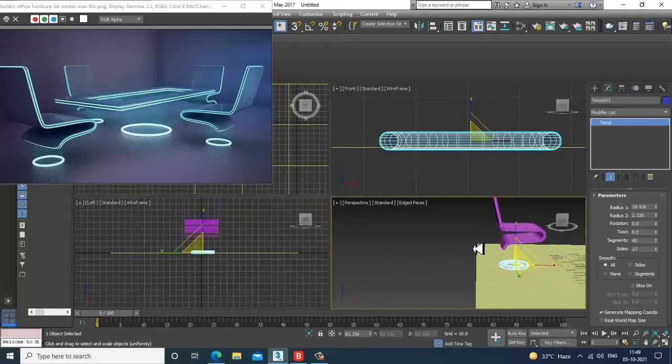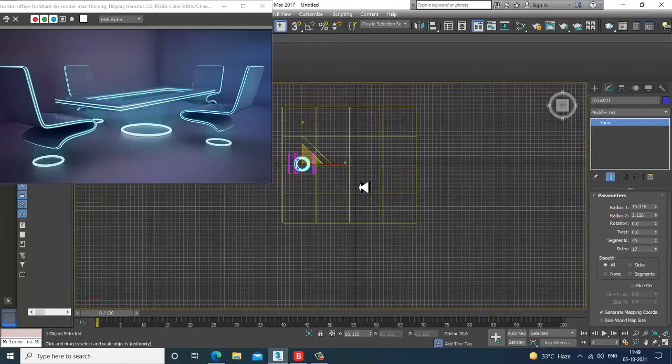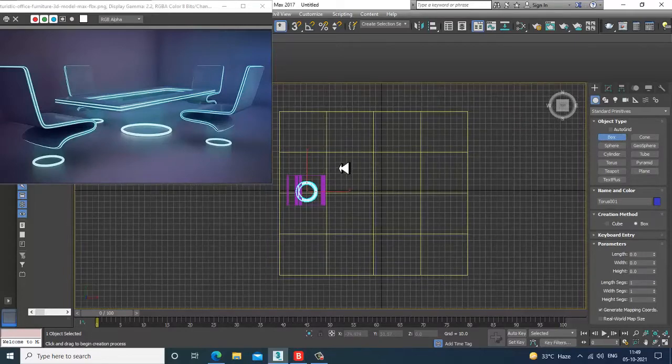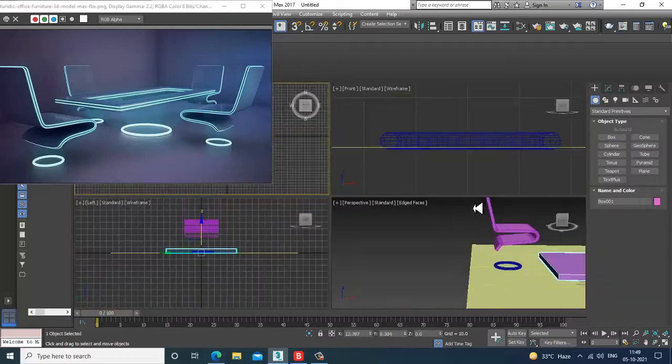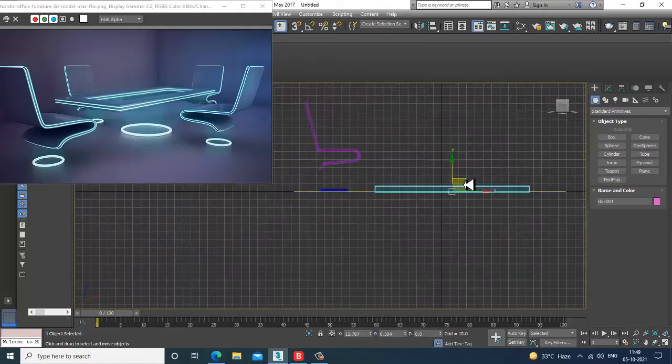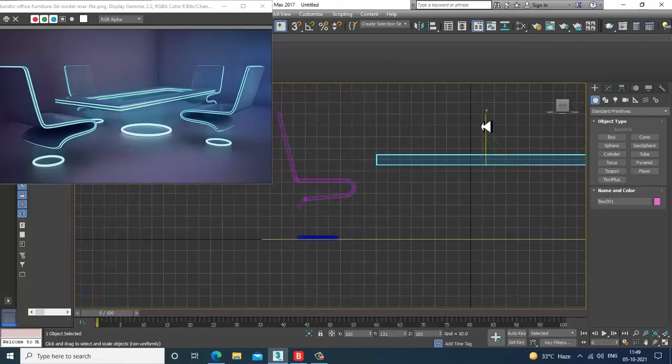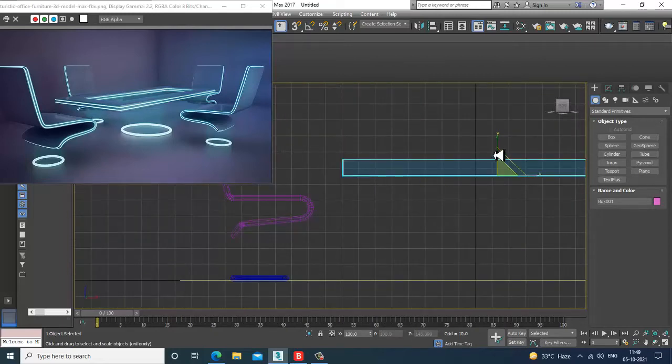Again take a box over here. I'll shift this box a bit up and convert to editable poly.